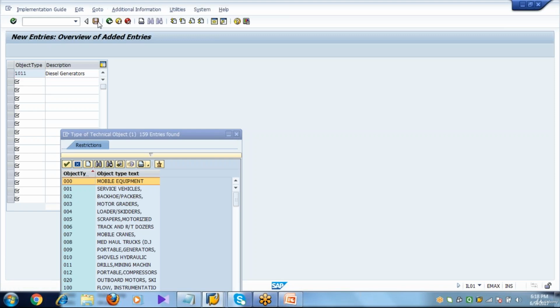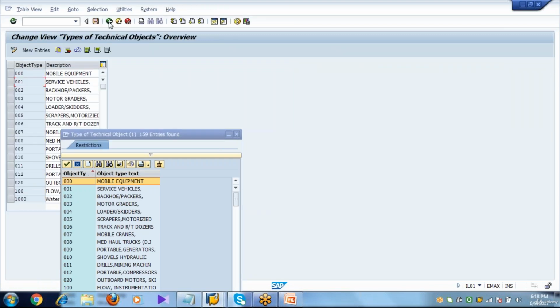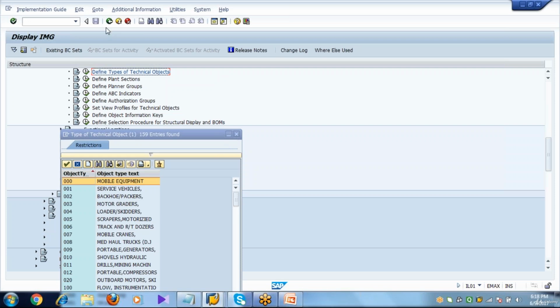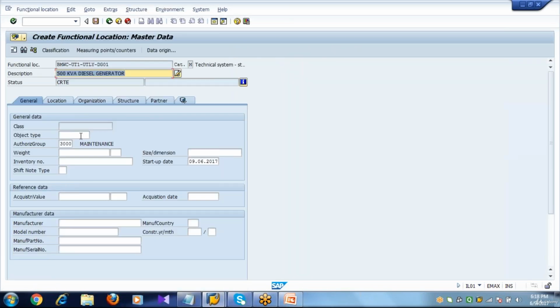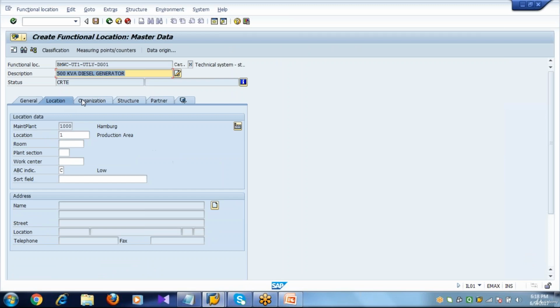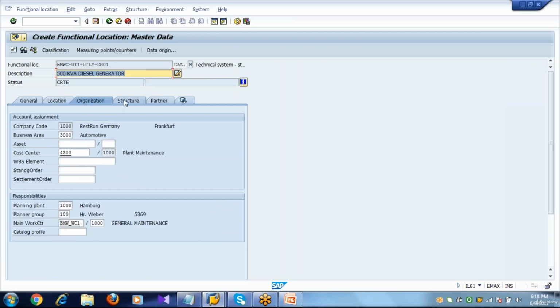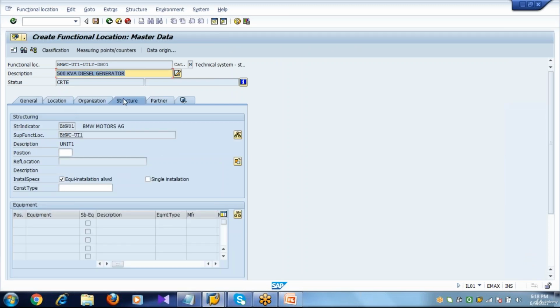Save. Go back, go back of the screen, close it. So I'll maintain 1011. Press enter. Now in the location the data is copied automatically. See, everything is copied. Now if you click on this structure tab,